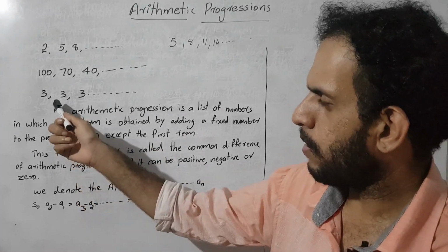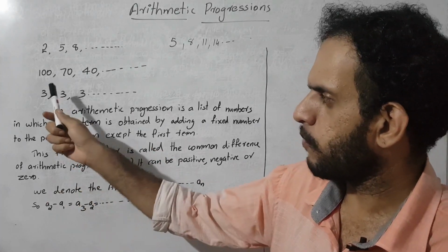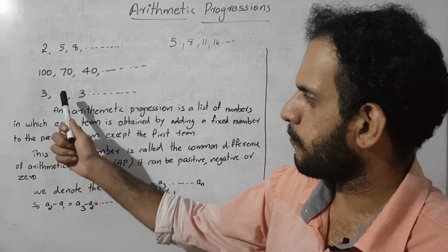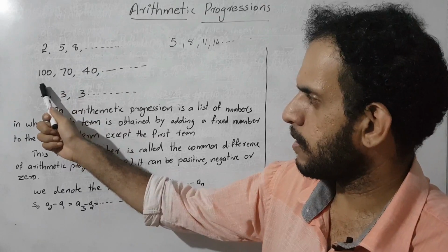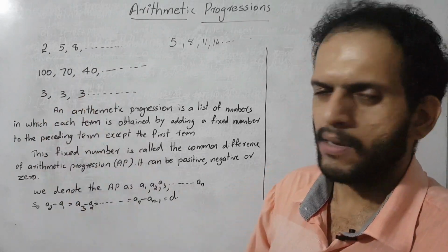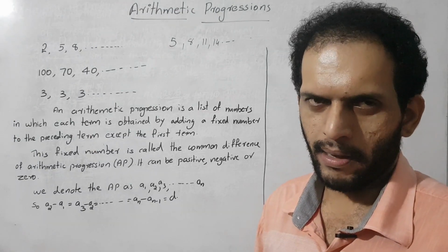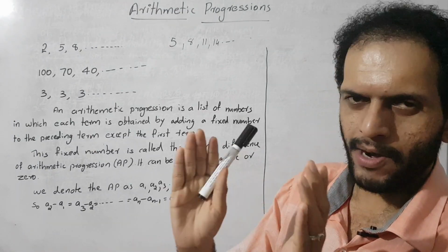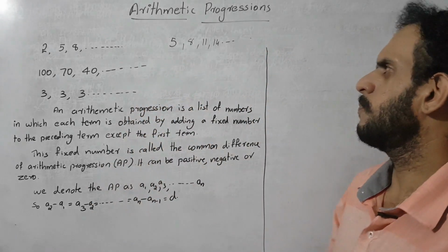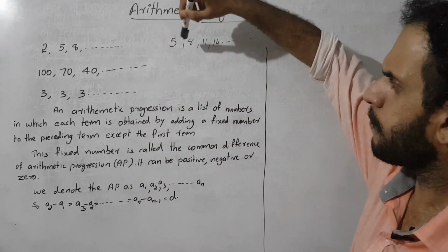Then here, what is the difference? Which number did we add here? We know the number is 0. Then how to identify? 3 minus 3 is equal to 0. Here also 3 minus 3, that's also 0, correct? That means the difference is common in all the cases. Then here also, what is the difference of 8 and 5?